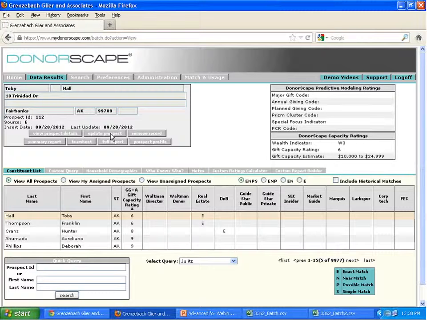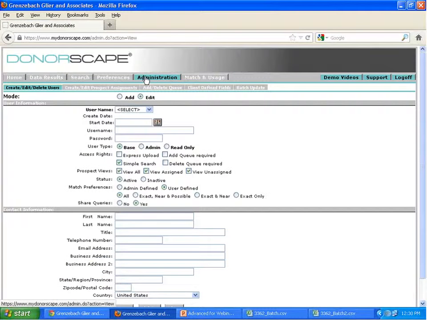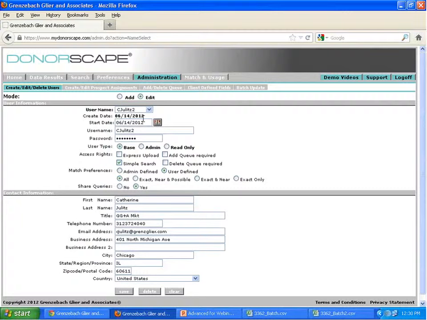We're going to move quickly to adding, editing, and deleting users. Again, this is an administrator function under the Administration tab, and we're here under Create, Edit, Delete Users. You can edit a user. So, for instance, Catherine's provisions here, we have her